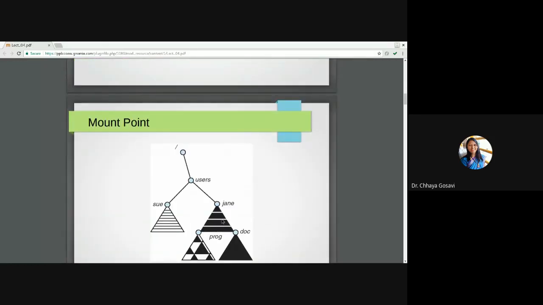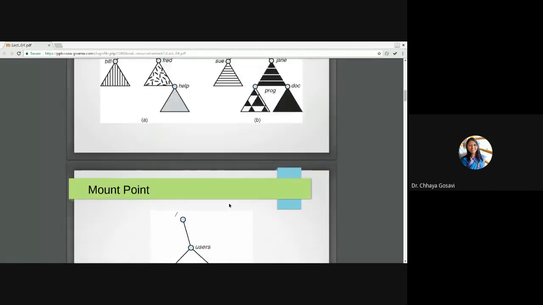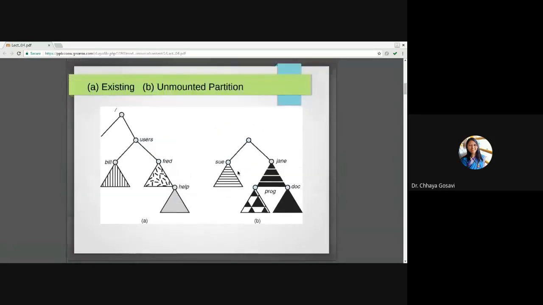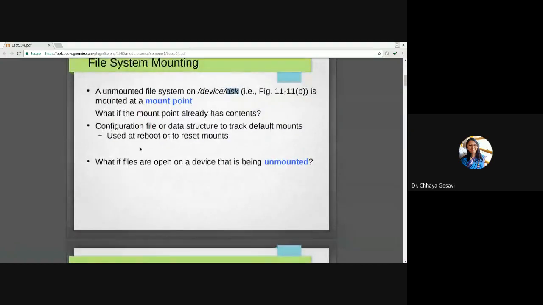So it is just replacing the existing file system with the new file system. If it already has contents, then they will be overwritten. You will lose those contents. So you have to find a mount point such that it is free, or you have to create a new mount point. There is a configuration file or data structure to track default mount points, which is used at reboot or reset mounts.